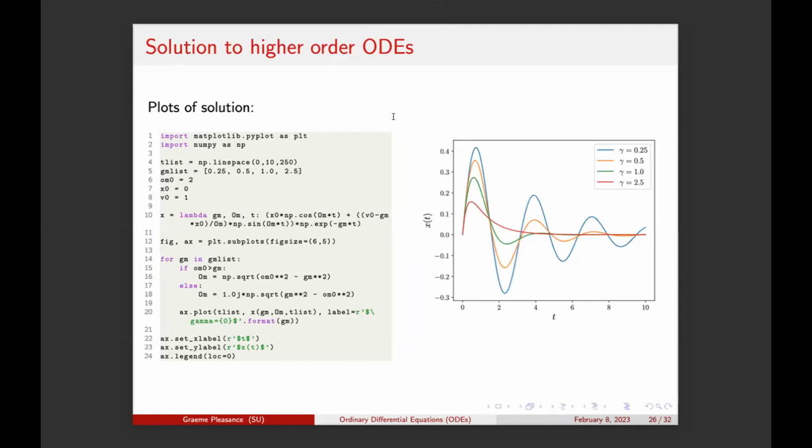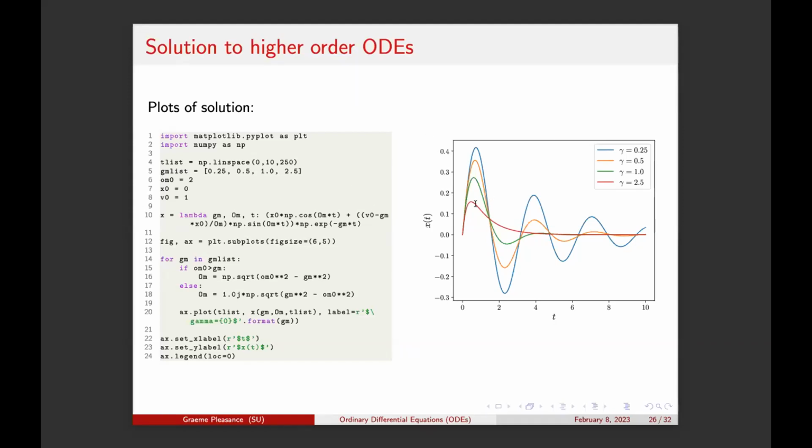So just on this slide, what I've done is change this such that the oscillator now starts at its equilibrium position, but initialized with a non-zero speed. This code is exactly the same. I've just changed the values of x naught and v naught, and then you can see that on the right